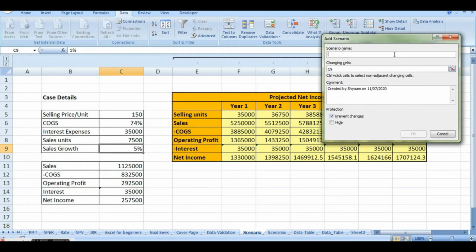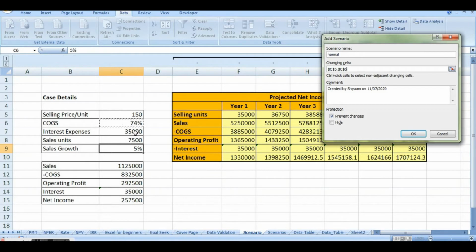Now we will give this current scenario a name, normal scenario. And I want to see the change in selling price per unit, then COGS. Whatever variables you want to enter, you have to put a comma in between those variables.